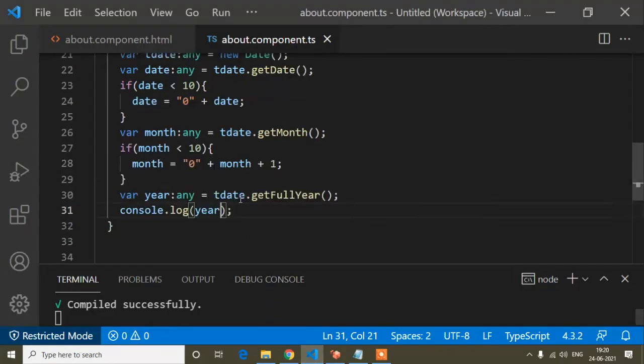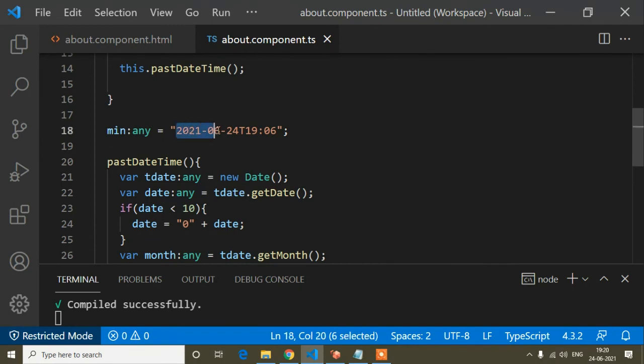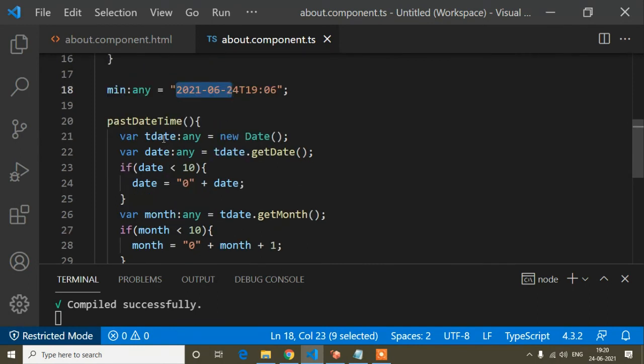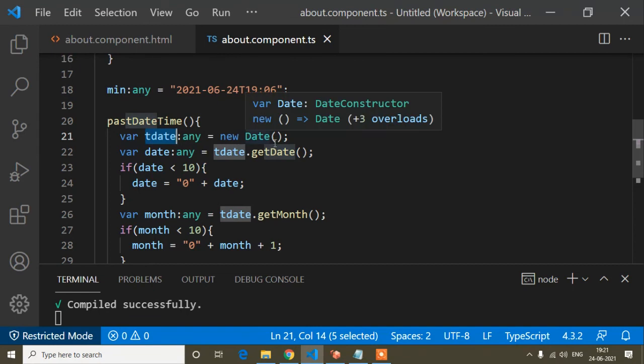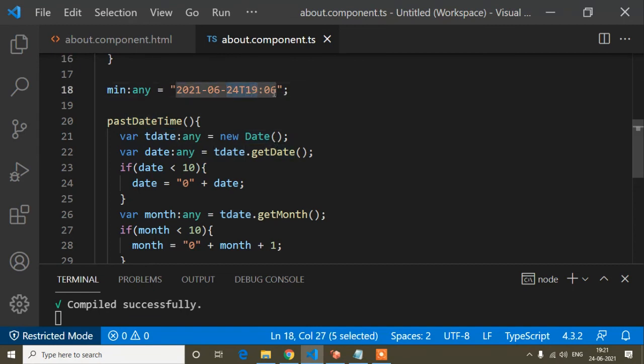What I need to set is our min date. Okay, so in this tDate variable I was also getting the time. The time has hours, minutes and seconds, but I don't need the seconds because when I'm setting the min property, inside this min property we need only hours and minutes. So from the tDate variable, because in this tDate variable I have stored the toDate, I will just take the hours and minutes.